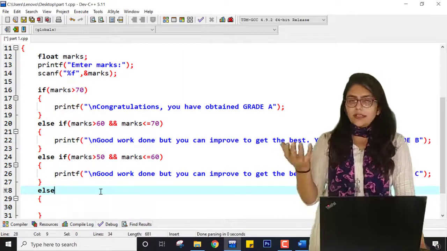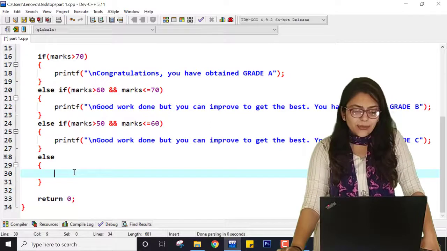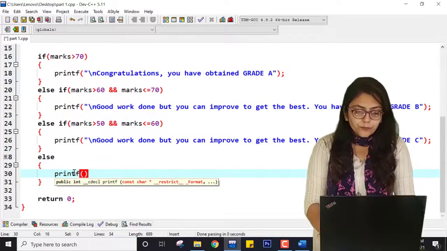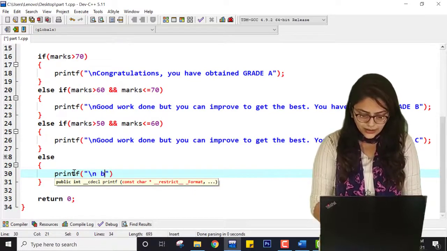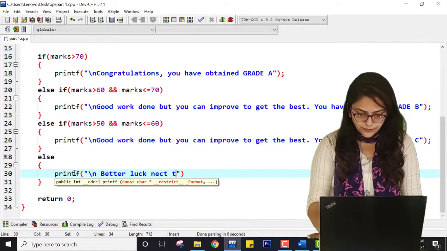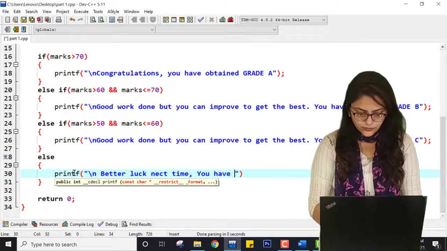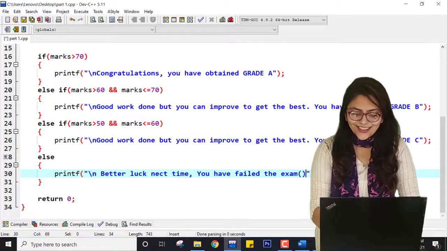By default, if the above are not the cases, the else will be executed, that is marks less than 50. So here I am entering slash n, "Better luck next time." Okay, right, so grade is F.